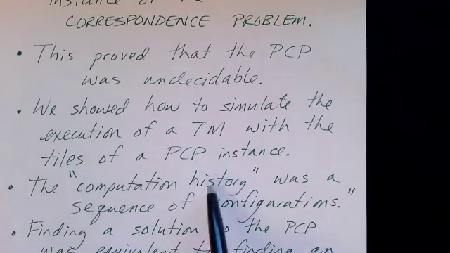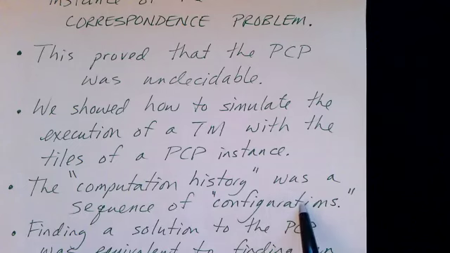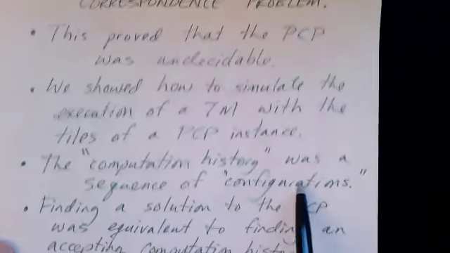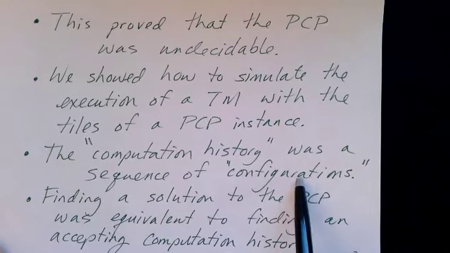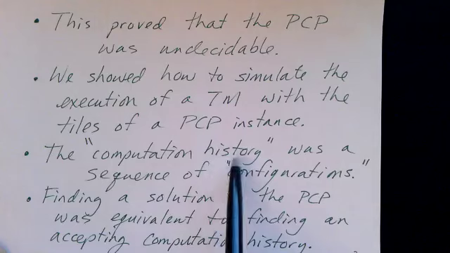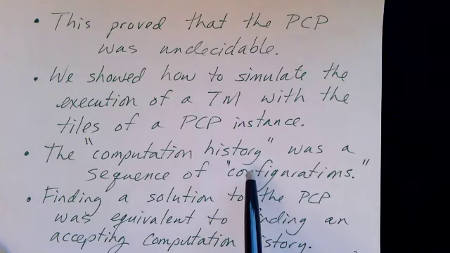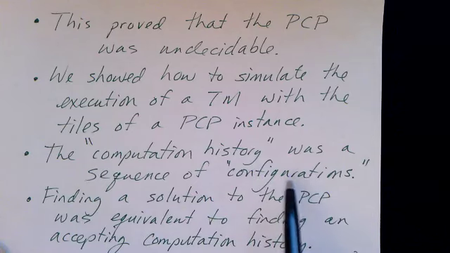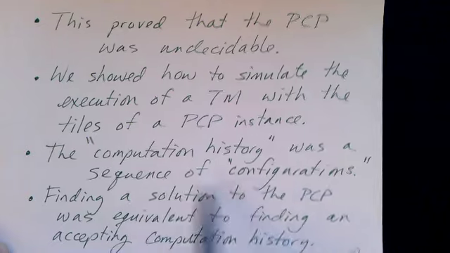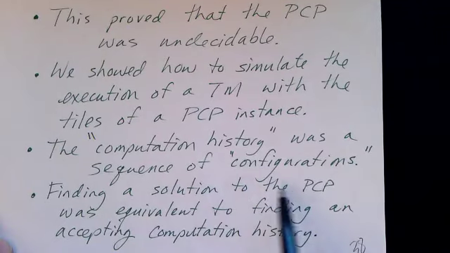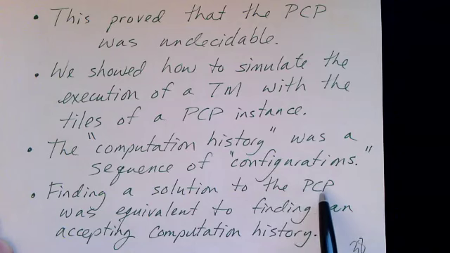So the computation history was a sequence of configurations. Each configuration described the state of the Turing machine and its tape and head position at any one point in time. And a computation history was a sequence starting from the initial configuration, hopefully to an accepting configuration. Finding a solution to the instance of the post-correspondence problem was equivalent to finding an accepting computation history. Okay, so we're going to do something similar in this proof that the